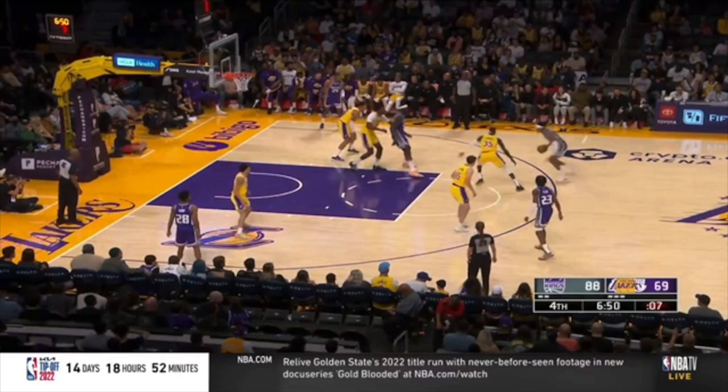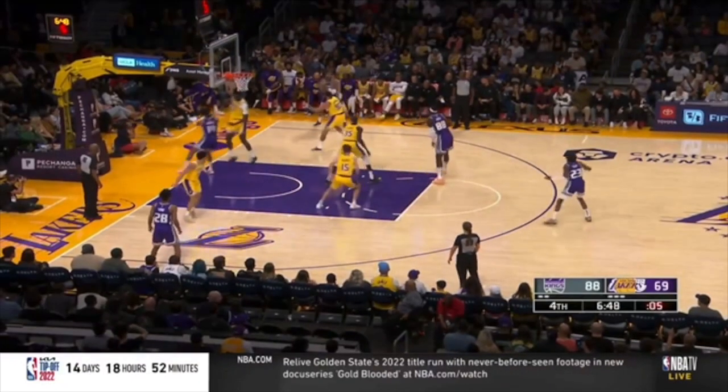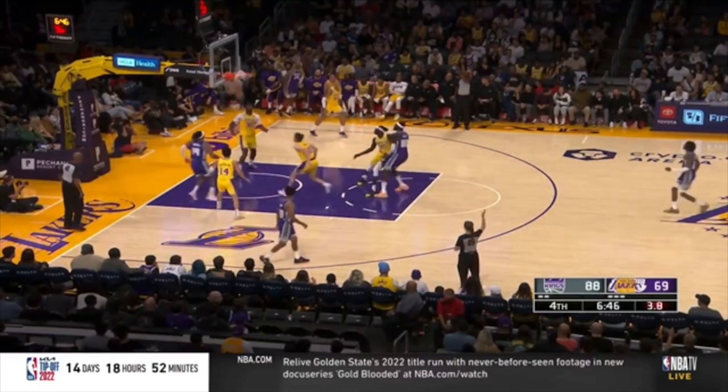Watch this player's feet here for the Lakers. We talk about being in the gaps. Your feet can't have to take you inward first. You have to already be in position. Let's zoom in. Look at this player's feet right here as this player with the ball enters the gaps. See how his feet are moving him inward? Let's take one more look. Look at his feet. That step inward. Now you have no chance to get back outward to the corner, and it leads to an open three.